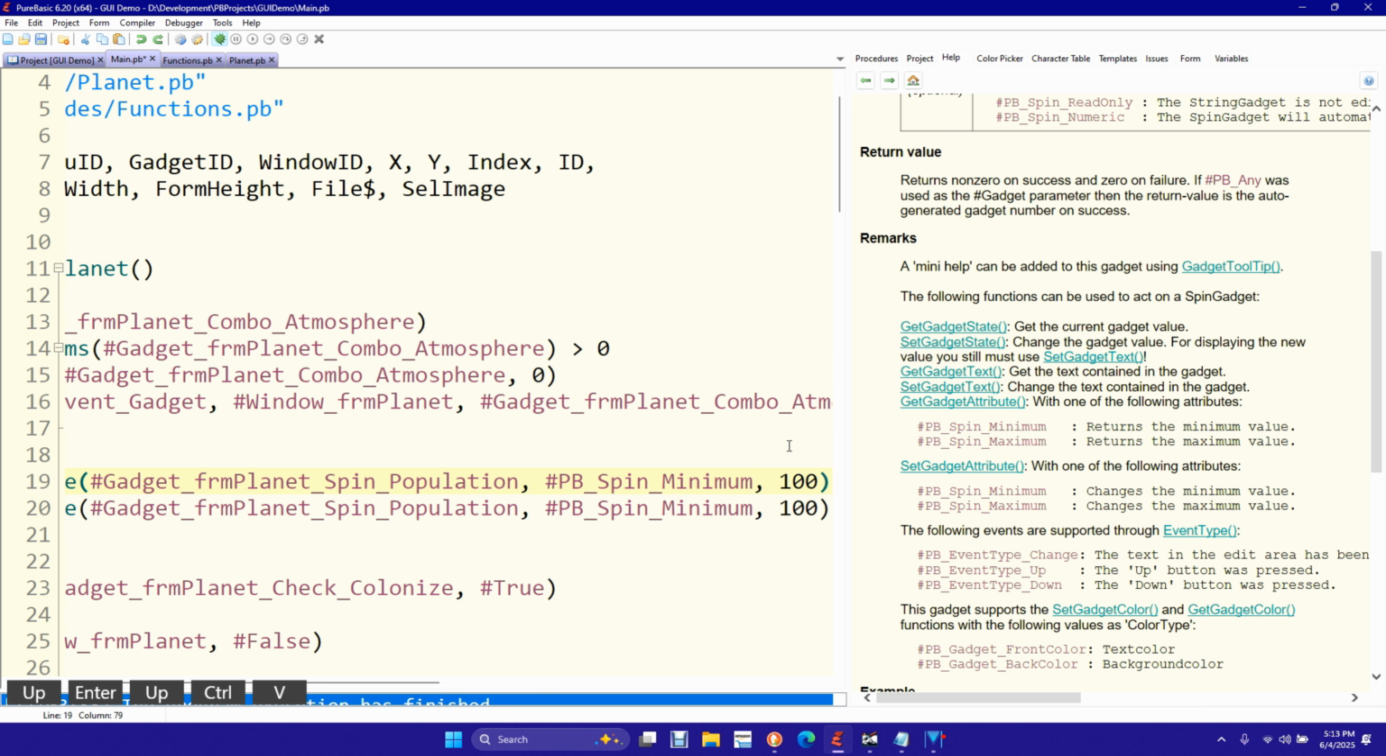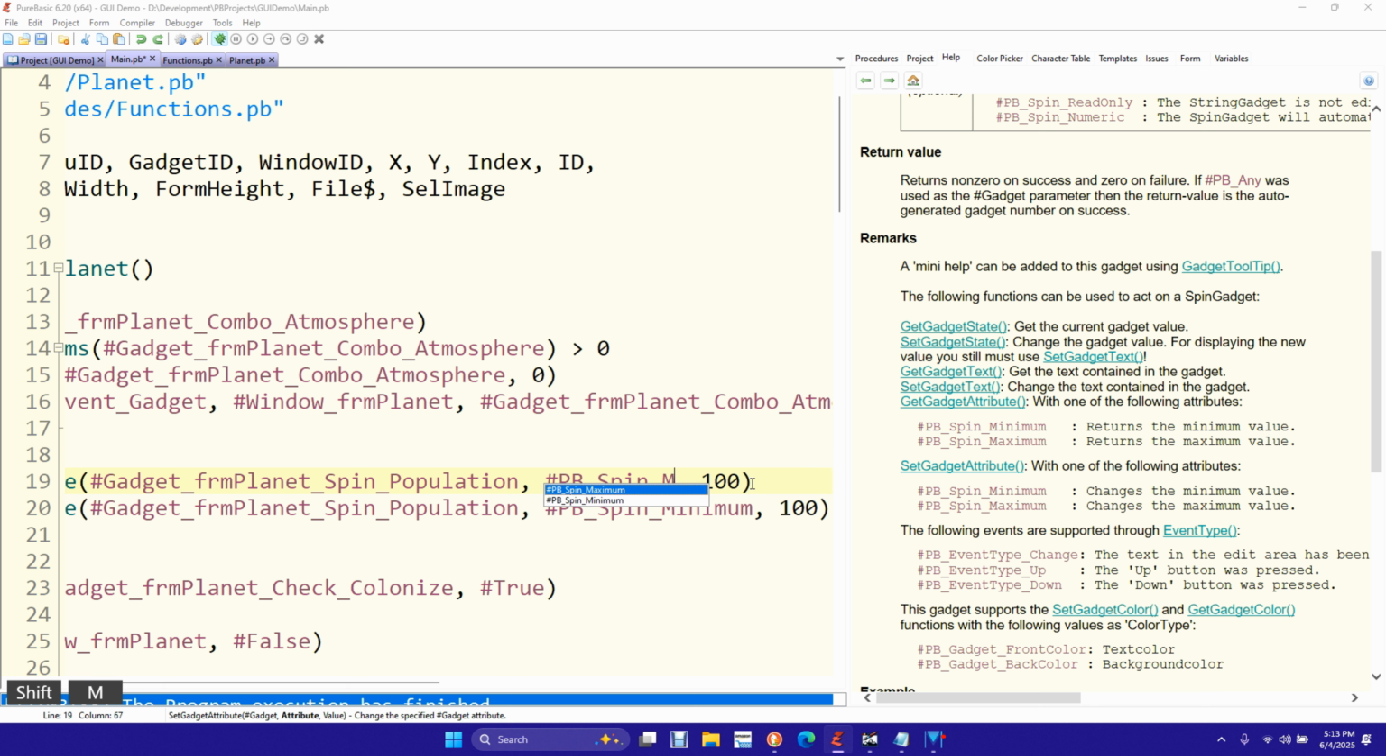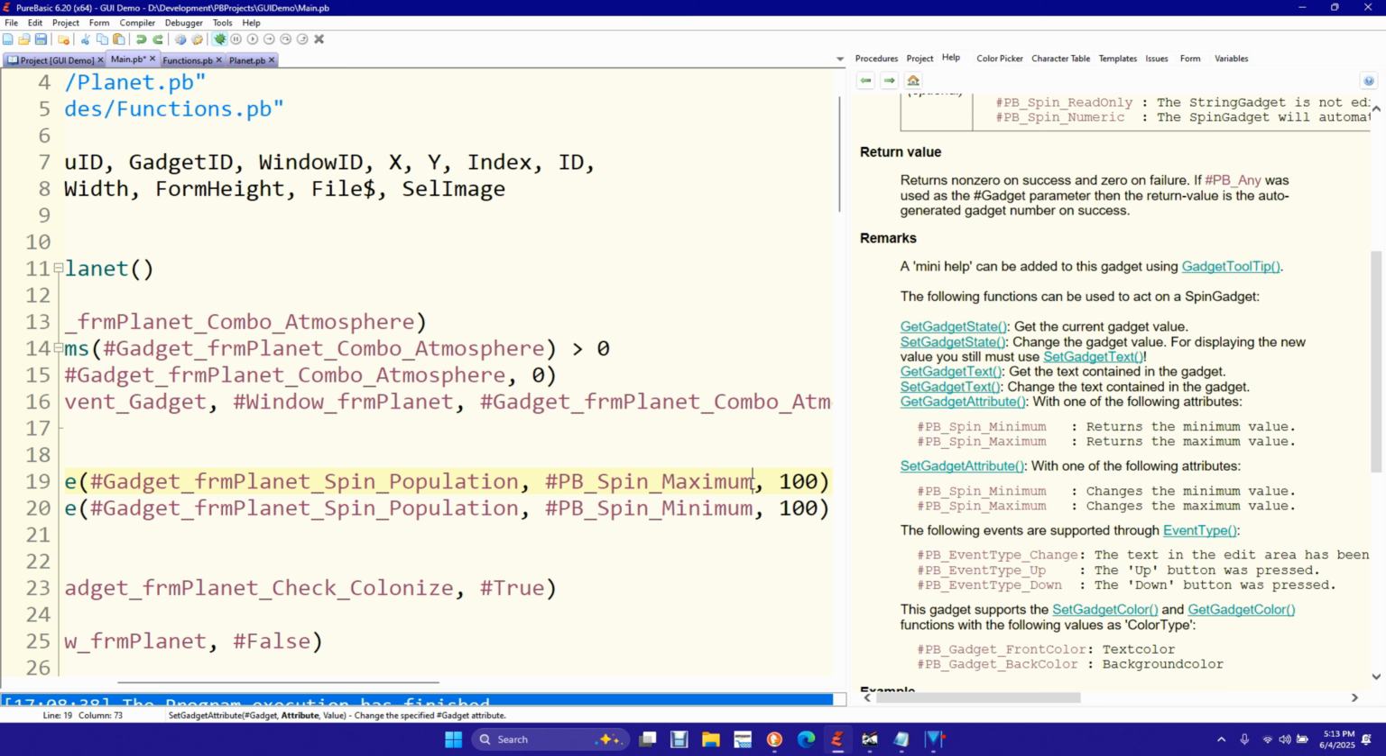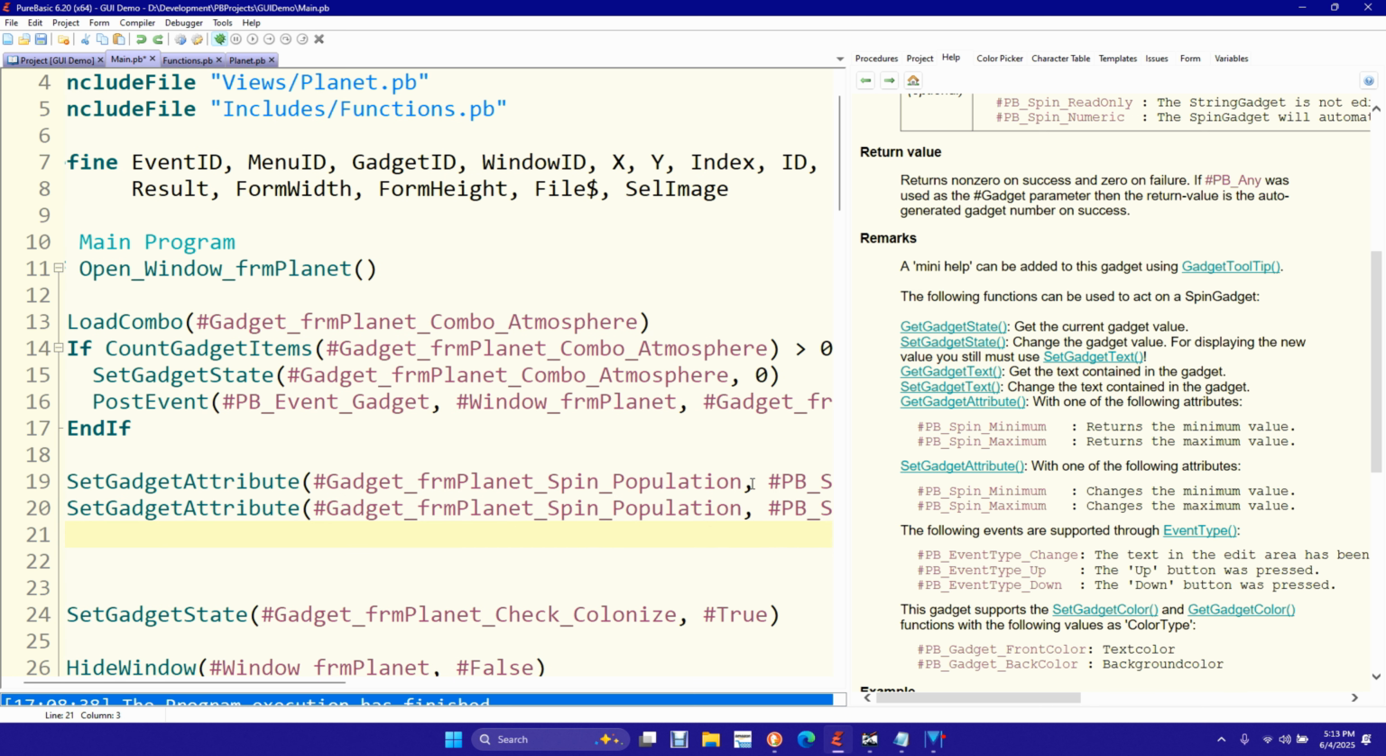Let's come over and let's set the value. Okay, we're going to get into changing a whole bunch of things about a spinner. So let's go ahead and say set gadget attribute, our spinner. Oh, no, wait. Let's set our value, right? Okay, that's done with, guess what? Set gadget